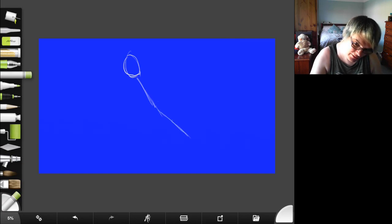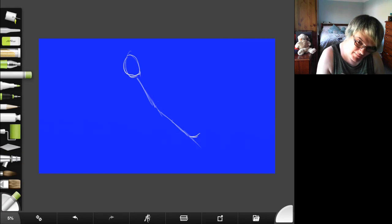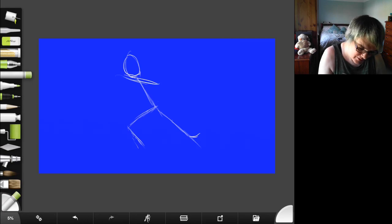One leg comes out like that, though maybe not quite that out of scale. And then this leg kind of comes out like this, and that gives us that. And then we know that the shoulder line is actually kind of this way. So if that's the shoulder, and then this is one arm,